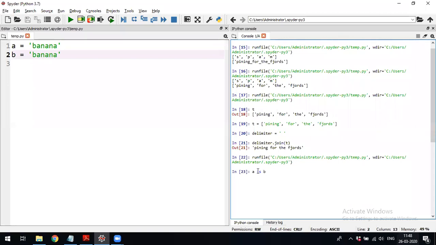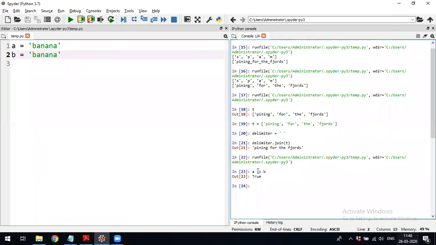If both are having different objects, the object id is different for a and different for b, and object values are banana, both the values are same, then a is b should be false. See here, a is b is true.